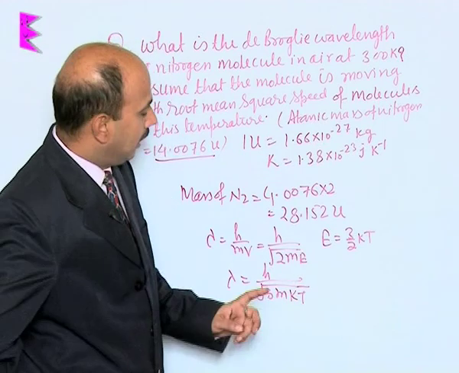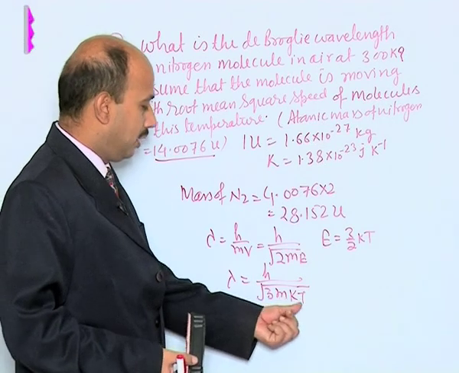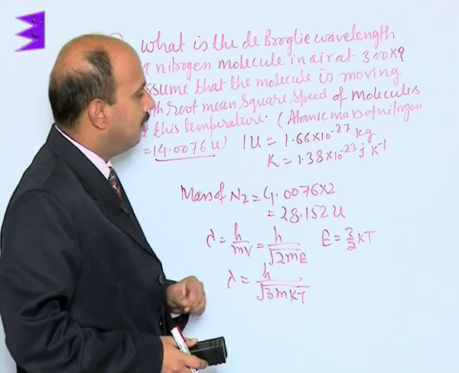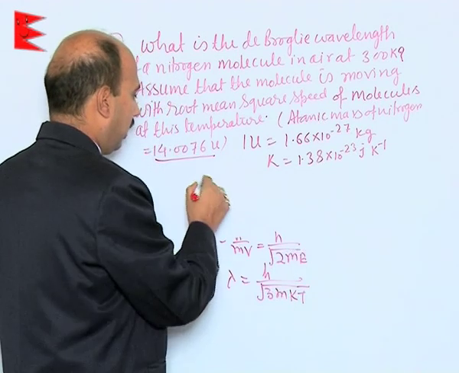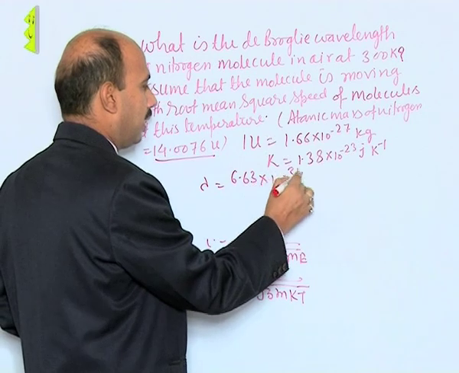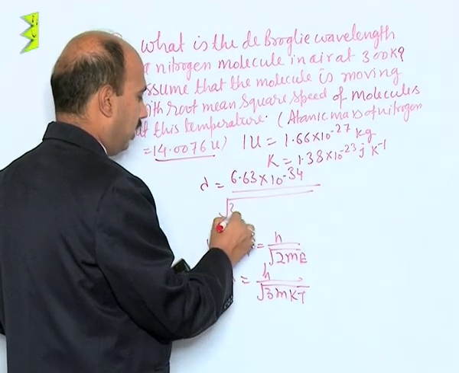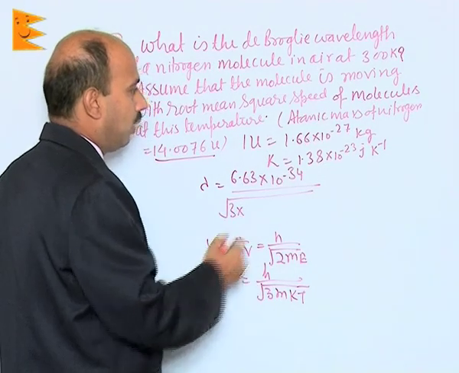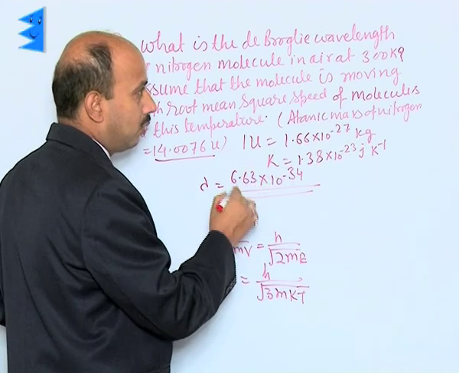You can put all these values over here in place of k, T and m. Everything is given to us. T is given as 300 Kelvin, so I will put it over here. So lambda is equal to 6.63 into 10 raised to power minus 34 divided by under root of 3, into the mass m, which we have already calculated,